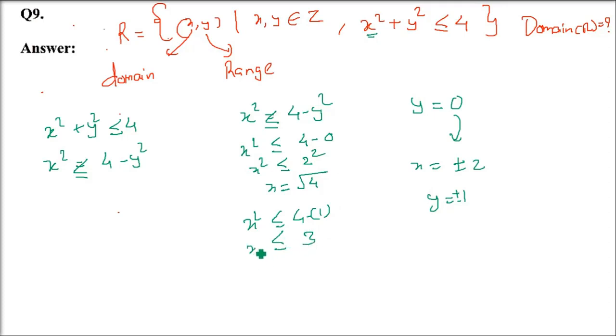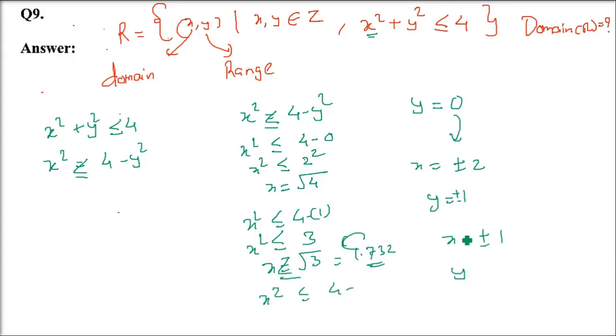Why don't you equate it? X square is defined, but x equals root 3, which is something like 1.732. But the less than or equal to sign is there, and because we need an integer, and 1.732 is not an integer, you have to take 1, because the only possibility for x is 1.